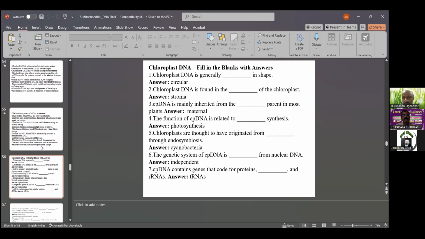So what is the chloroplast DNA? It is generally circular in shape, a simple type. The chloroplast DNA is found in the